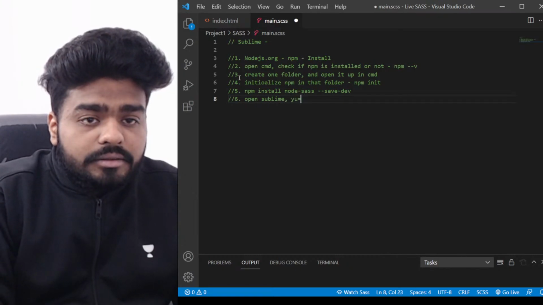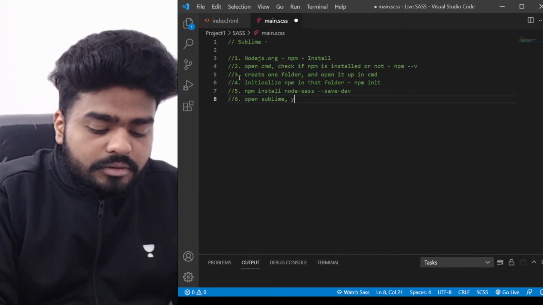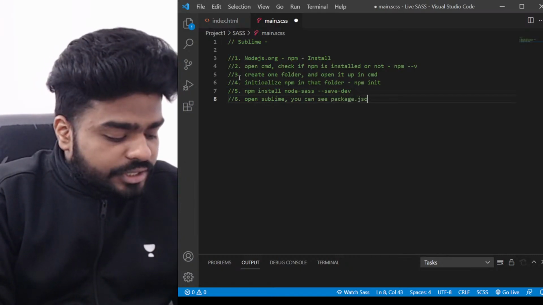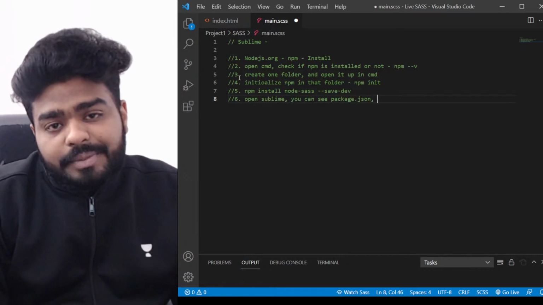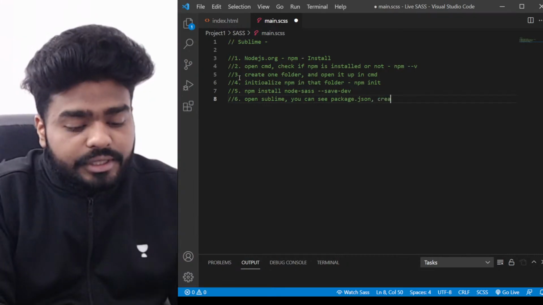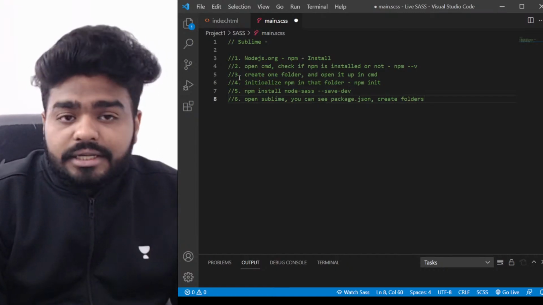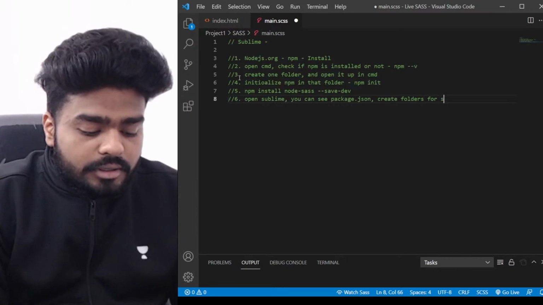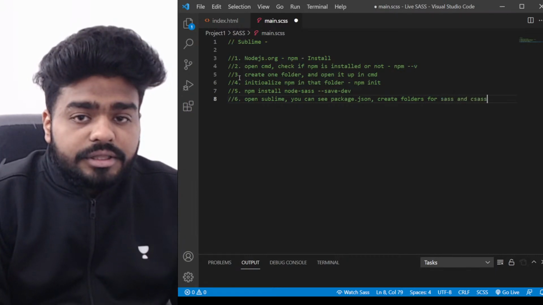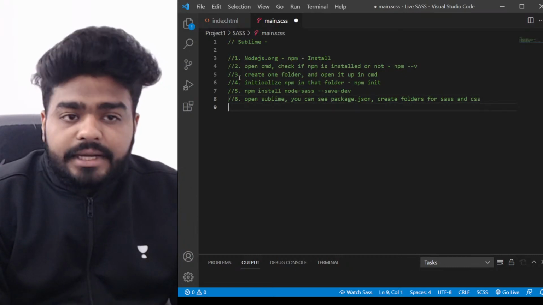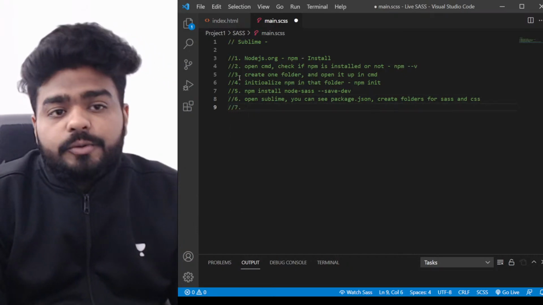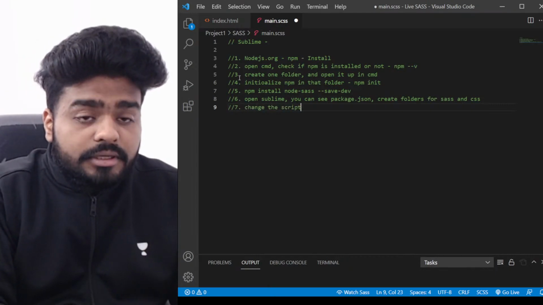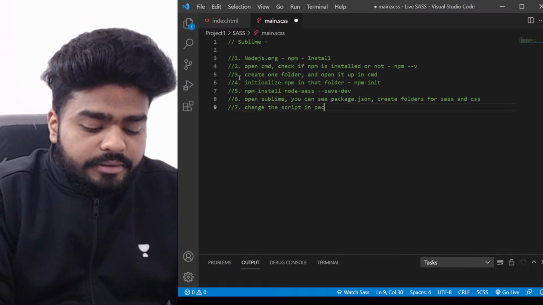You can see package.json as well, right? And once you see package.json, you have to create folders now, right? You will start creating folders as well. Create folders for SASS and CSS, right? And the next step is basically to change the script in package.json,